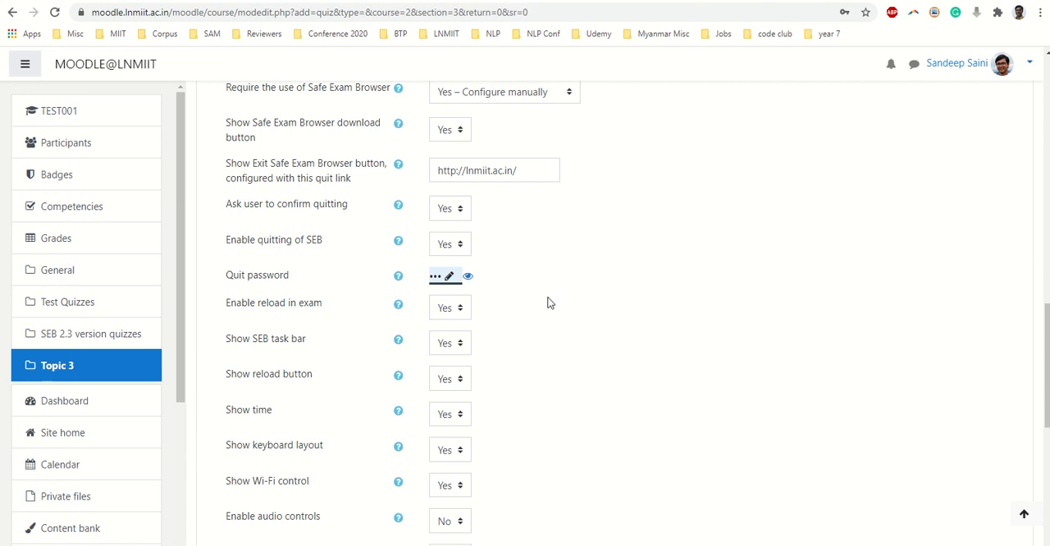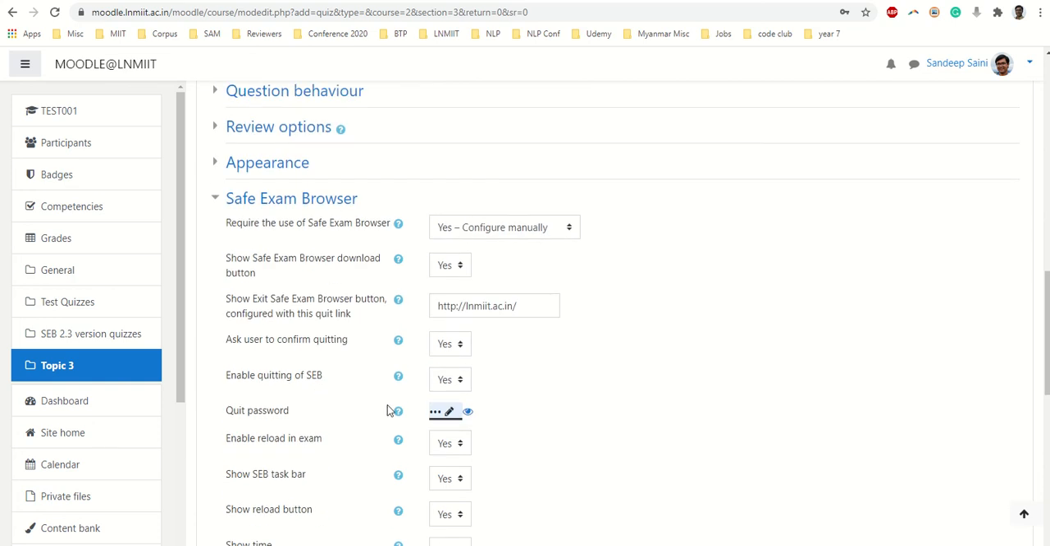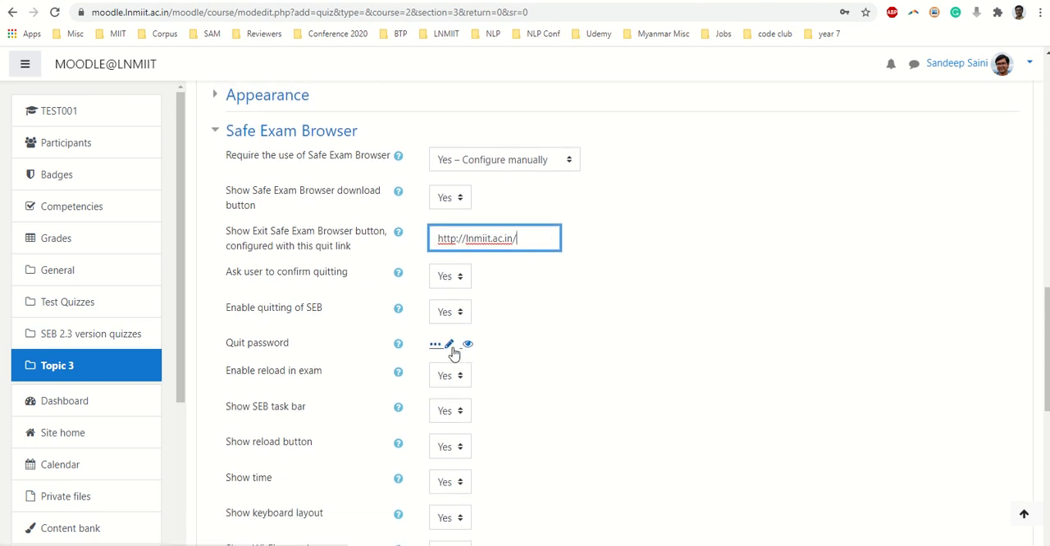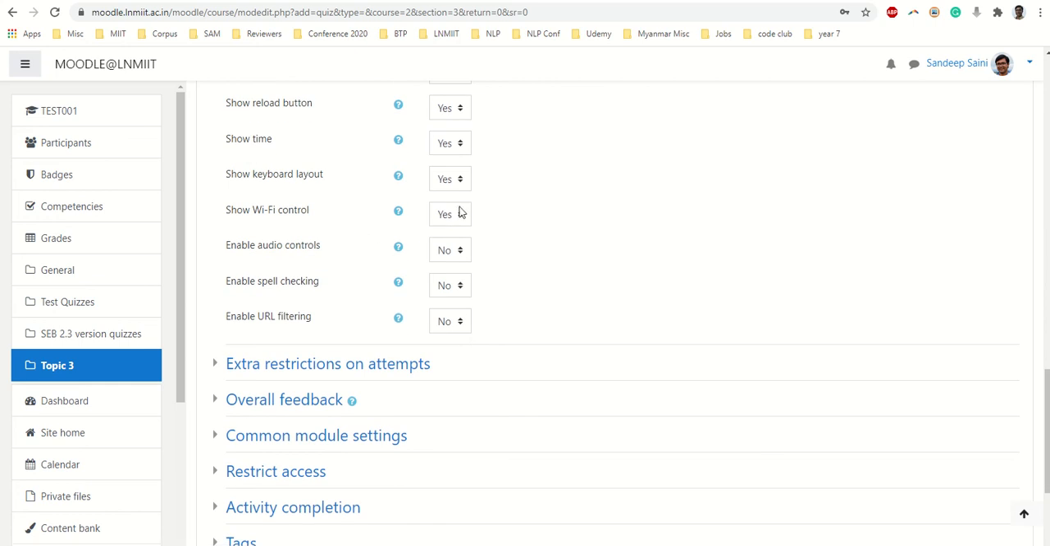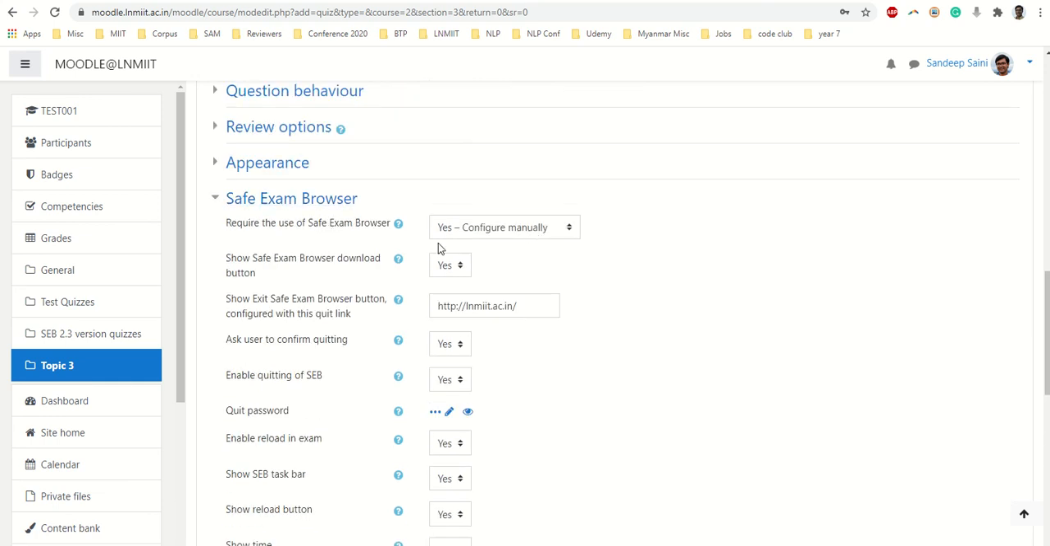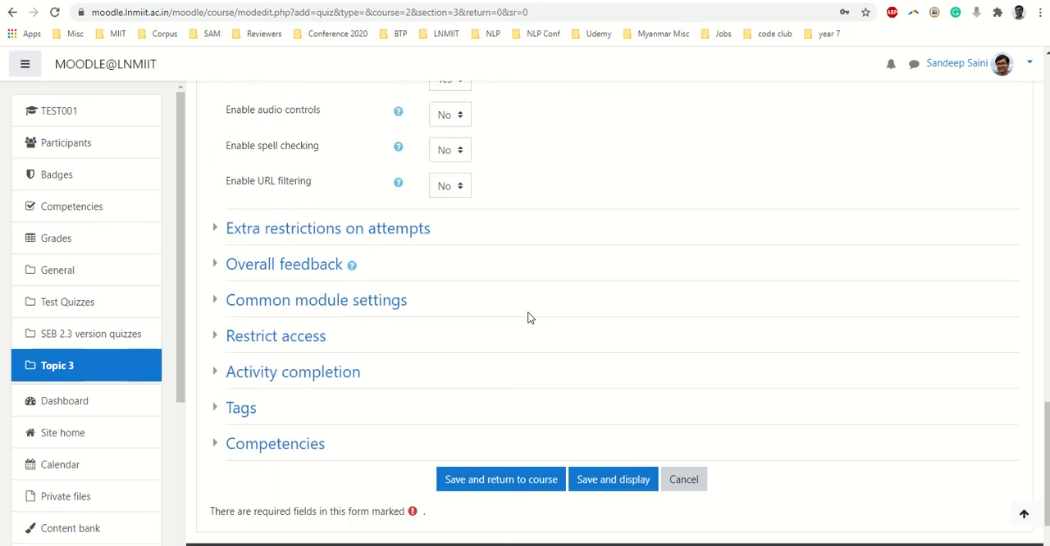So these are the settings we have to do for Safe Exam Browser. First, I have to mention the link for quitting Safe Exam Browser, a password for quitting Safe Exam Browser, and enable Wi-Fi. 3 things I have to change. So please remember, we have to change 3 things in the Safe Exam Browser settings. Next, I have to go to overall feedback,